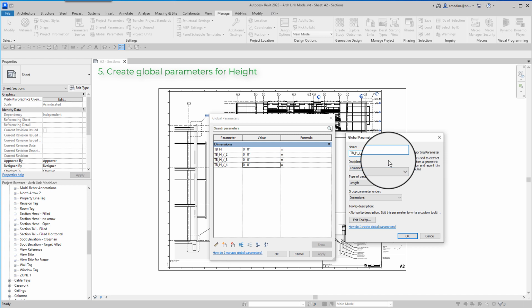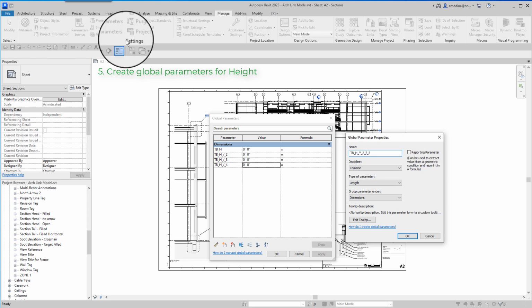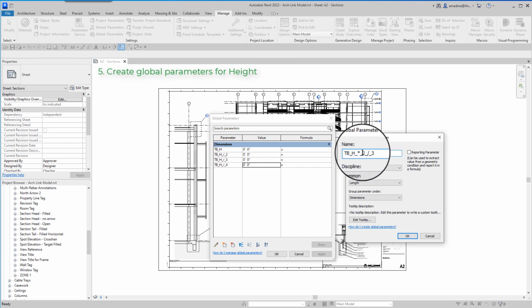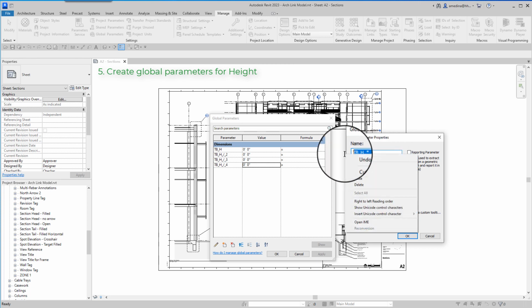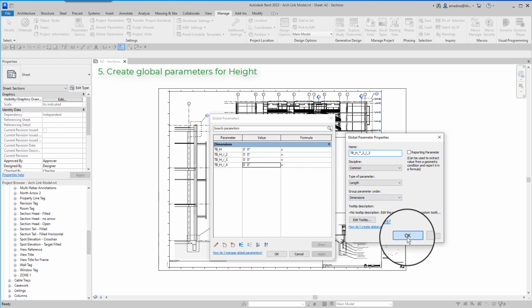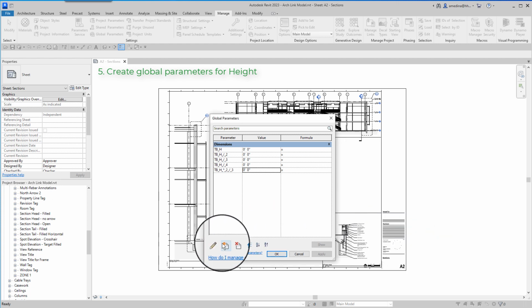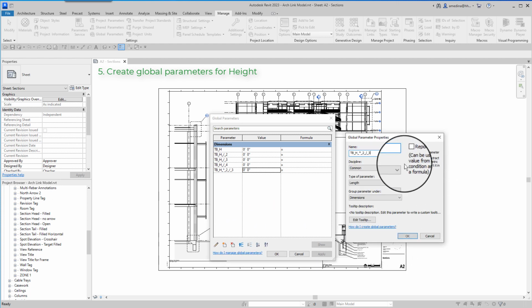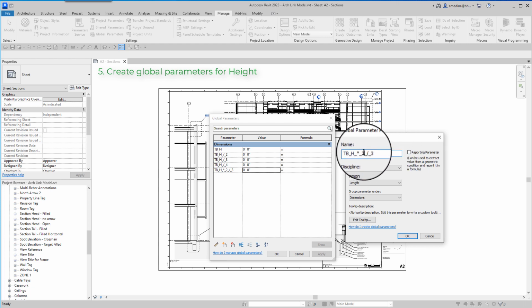So to do that, I use something like title block height multiplied by 2/3. And I want to copy this and then create a similar one for 3/4.